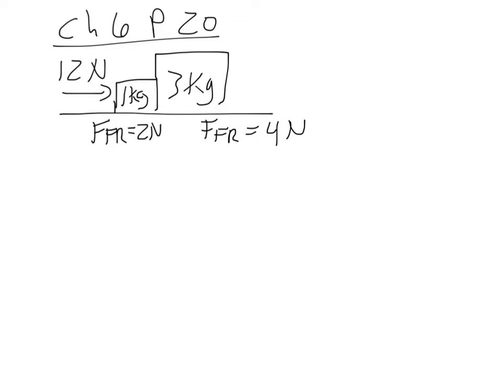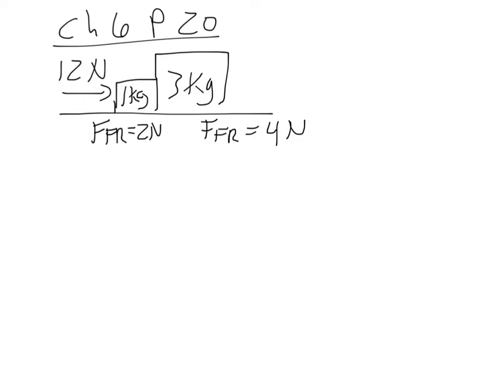This is Chapter 6, Problem 20. In this problem, we have two boxes, a Cheerios box and a Wheaties box, the one having 1 kilogram mass, the other 3 kilograms of mass, and we're going to push it with a force of 12 newtons, and each box has some friction force with the floor. They want us to figure out the force from the Cheerios box, that's the smaller box, on the Wheaties box,